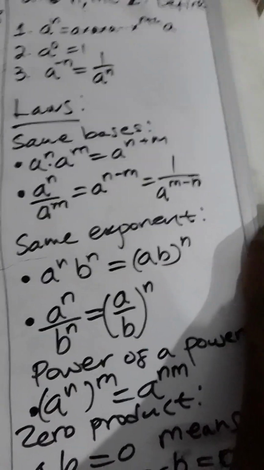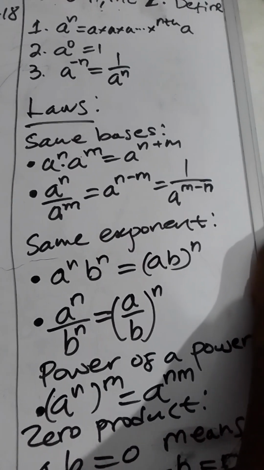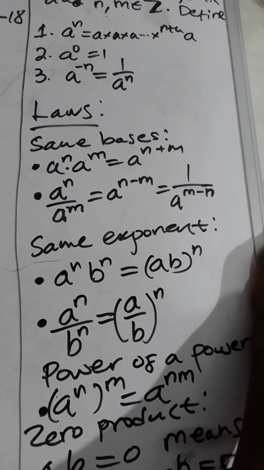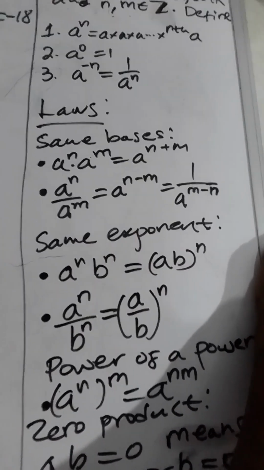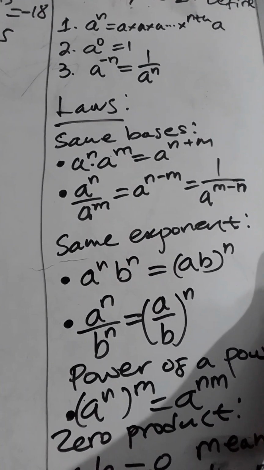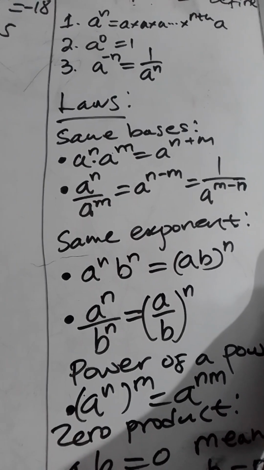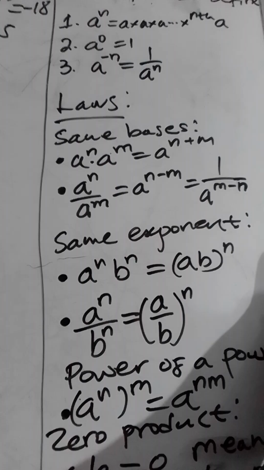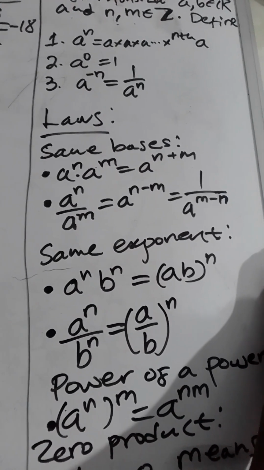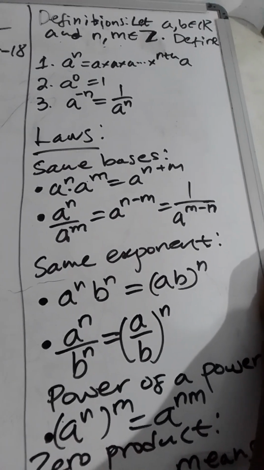So the first one says if you multiply powers with the same bases, you can simplify this by just taking one base and then adding the exponents. The second one says if you take powers with the same bases and divide them, then you can subtract the exponents to simplify. Depending on whether you want the answer to be a negative exponent or a positive exponent,